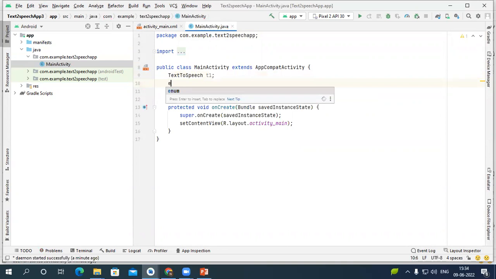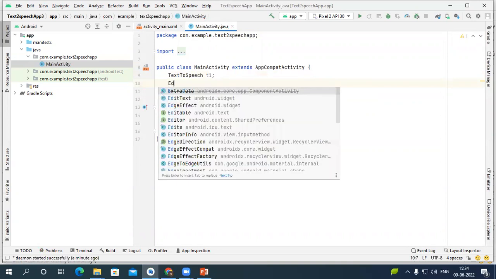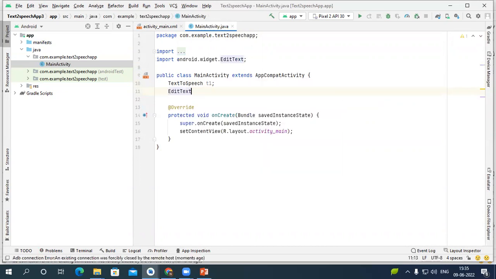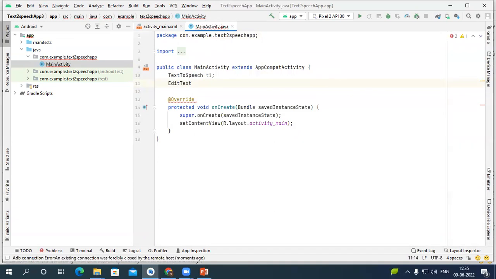And here I'm using edit text because I need to use the edit text where the user will enter. That is the one which has to be recognized, and that is the one which has to be converted from text to speech. So that is why I'm using edit text. I'm giving the variable as E1. Once the variable declaration is being done, next, now I need to identify the identifier. So for that, E1,